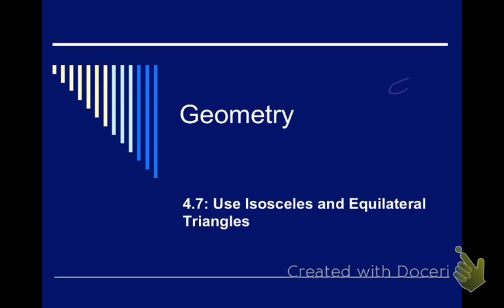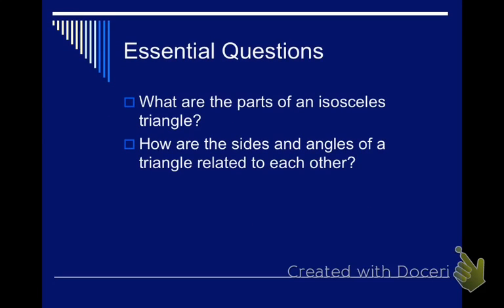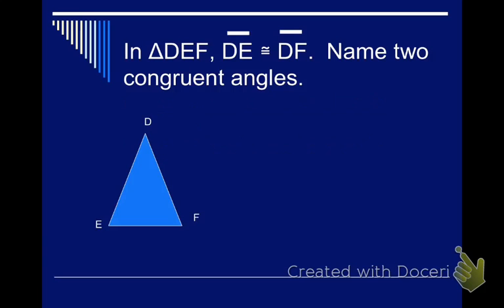4.7 is about using isosceles and equilateral triangles. And we're really looking for what are the parts of an isosceles triangle and how are the sides and angles of a triangle related to each other. Isosceles, equilateral. Let's get into some examples where we've got to use these triangle definitions in order to